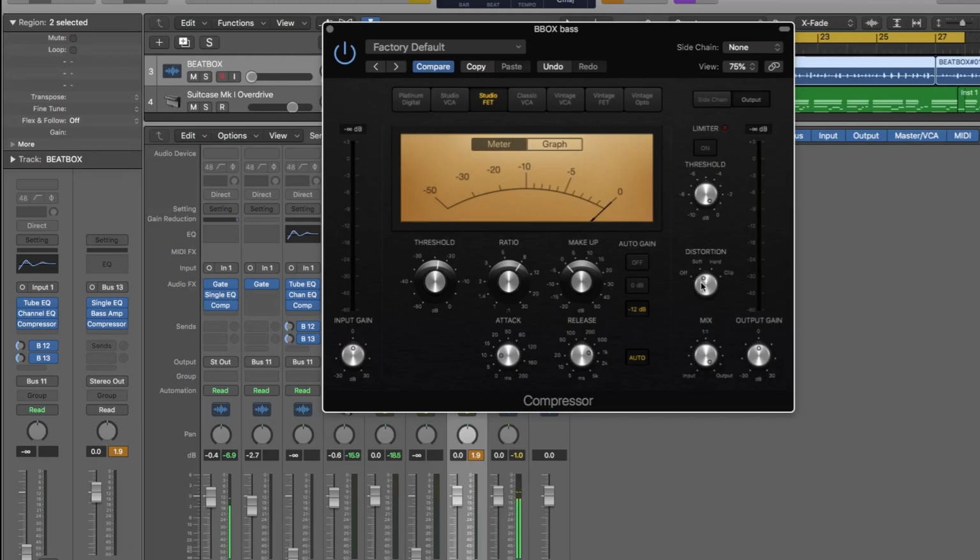But to me, it sounds more complex when it's on the soft setting. You see that? It's actually chilled out. But if I go back to this one,